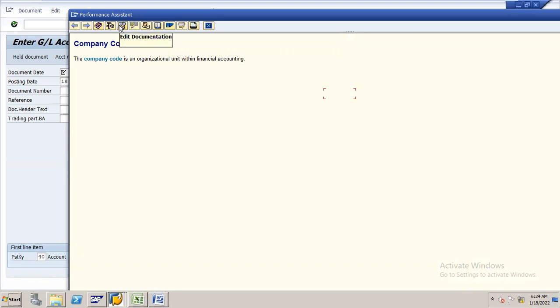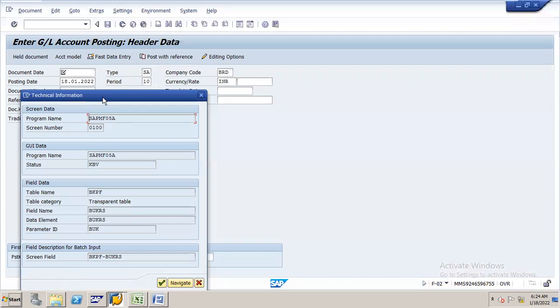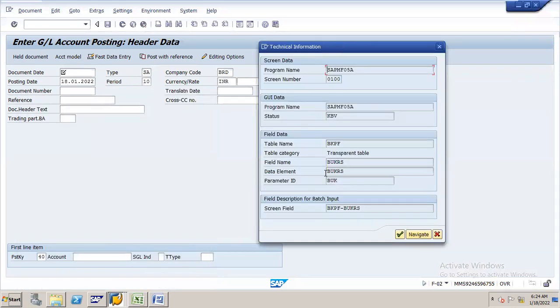Here, technical information. Here, can you see that? What is the field name here? BUKRS. Okay, BUKRS. So in the backend when you're working there, you can give the BUKRS,